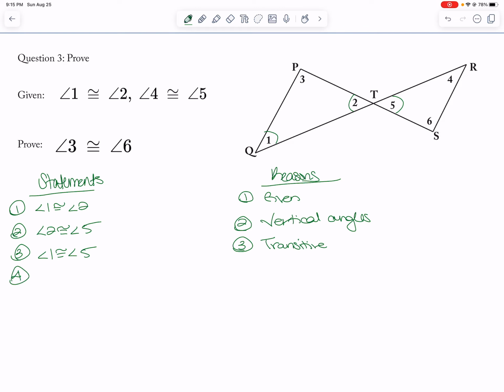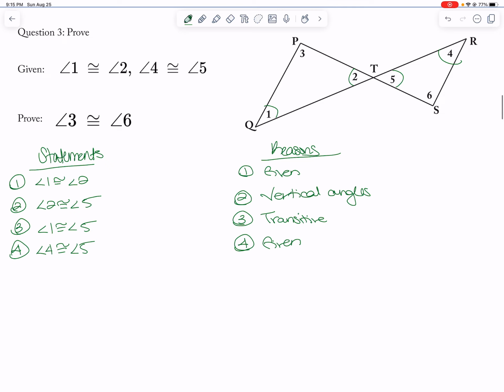And then 4, angle 4 is congruent to angle 5, and that is given. So 1 and 5 are equal, 4 and 5 are equal. And then 5, angle 1 is congruent to angle 4, so that is transitive. So here's this, and here's this. Okay, so then 6,